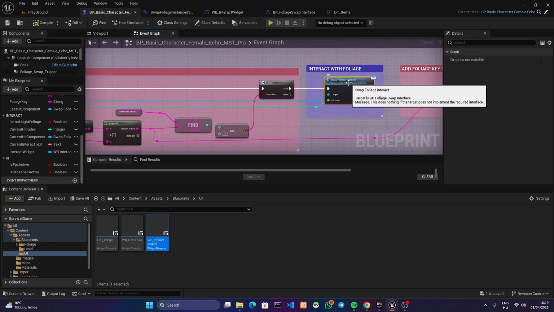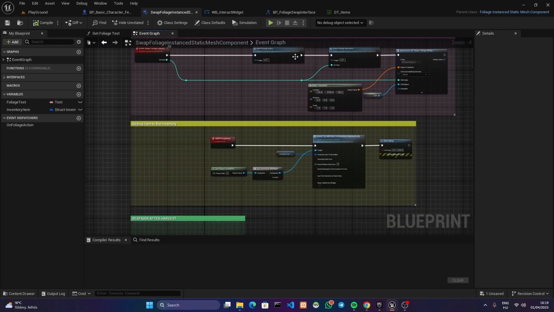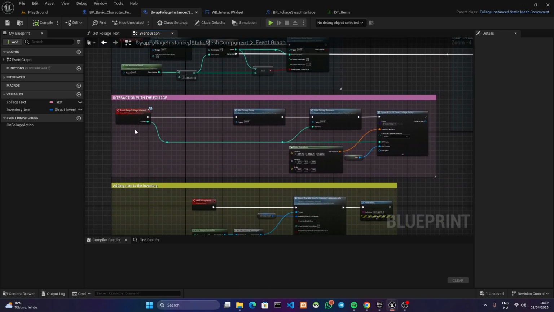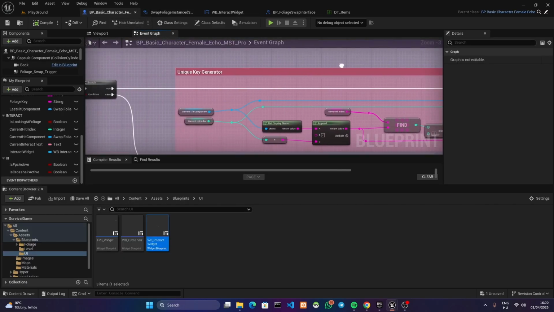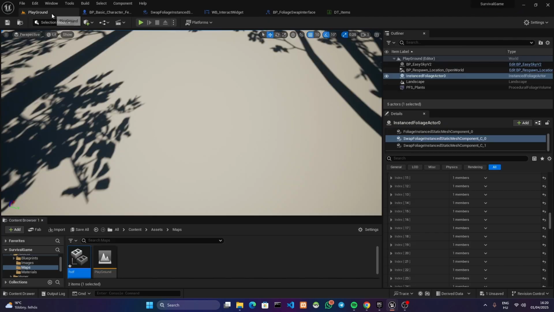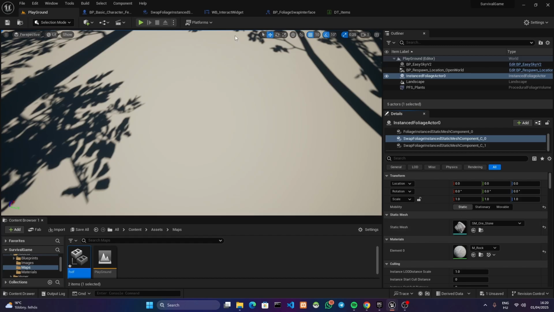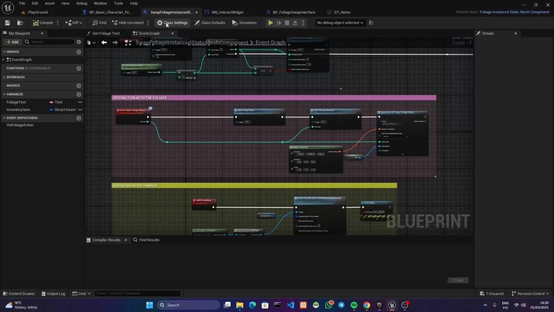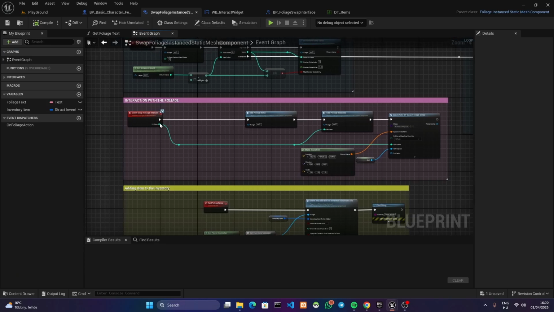So basically, I again use the swap foliage interface as a special function inside the child of the FoliageInstanceStaticMeshComponent right here, which says swap foliage interact. It's sending a hit item from here. The target of this is obviously the object itself, meaning what you declared. So for example, you are saying this component, the stone component that I'm looking at. Let's send into the stone component swap FoliageInstanceStaticMeshComponent a message with a hit item as a variable, and